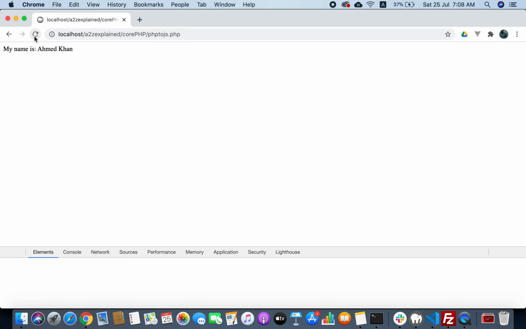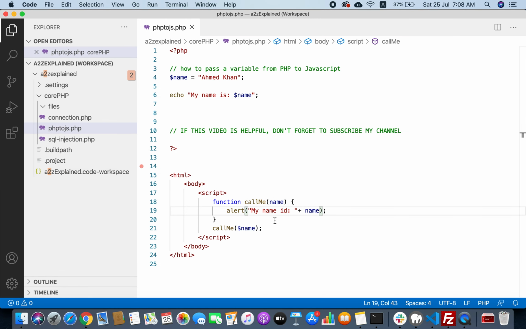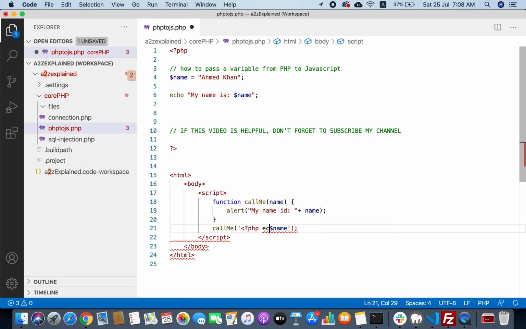Why? Because it is saying that this variable is not defined. This was PHP's variable that we are trying to access in JavaScript. So we need to actually pass it like this: place single quotes or double quotes, and then start PHP tags once again, echo the variable, and close the PHP tag.